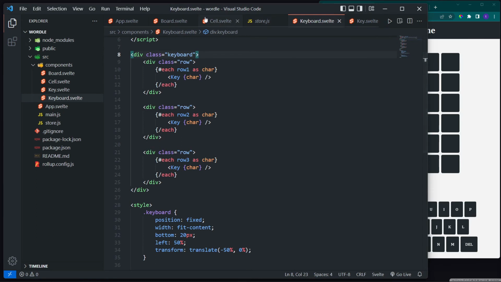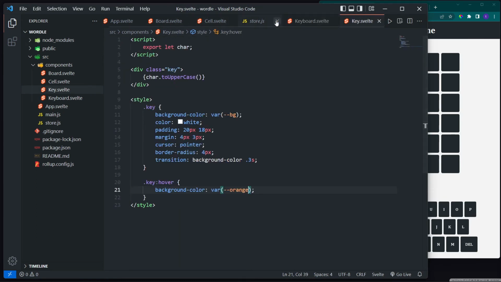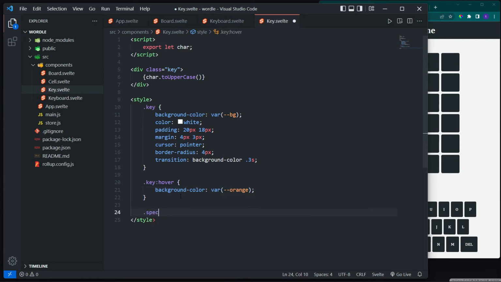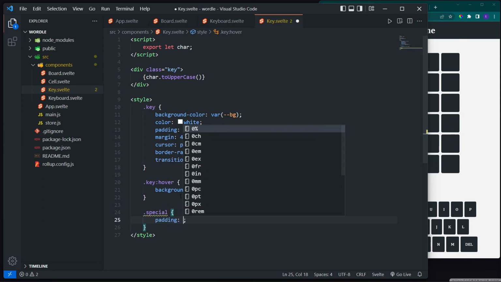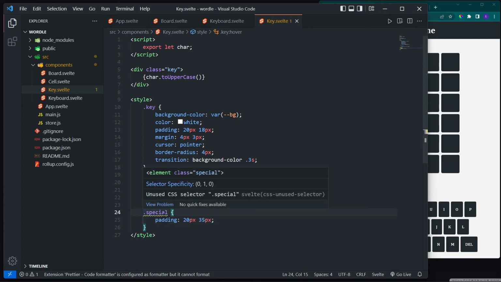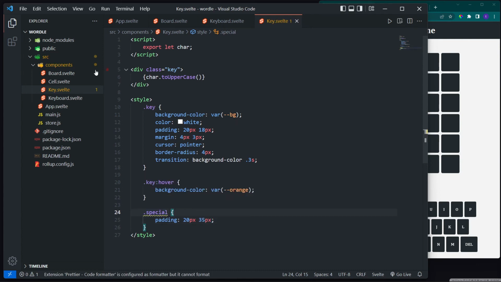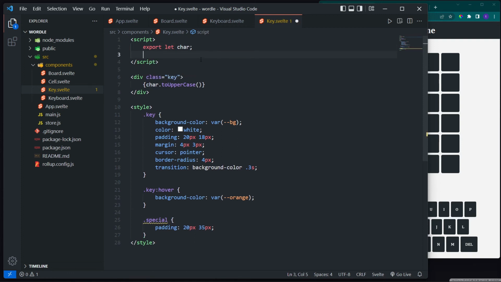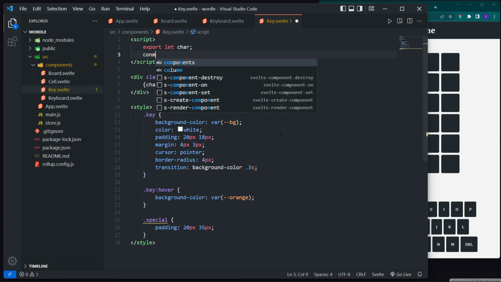So what we can do is inside of the key.svelte components is up here, let's create a class for .special. And in here, we're just going to give it a padding of 20 pixels and 35 pixels, like so. Now, the one thing is, how do we dynamically pick this special padding? Well, conveniently, in Svelte, we actually have a way of doing that, right? We can say the constant